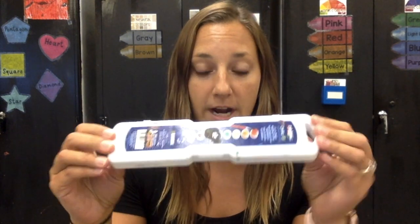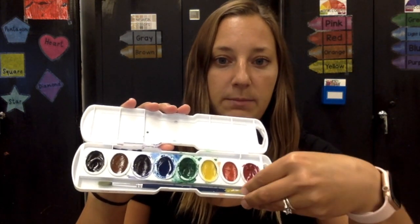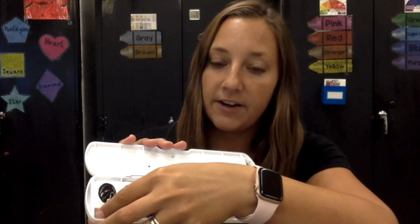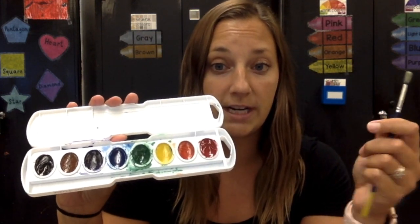A watercolor tray. We use these a lot in art. Look something like this. You don't need very many colors. The 8 color one is fine. Someone told me that you could find something like this at the Dollar Tree. I don't know. I really like this Prang brand. It will come with a paintbrush in it,